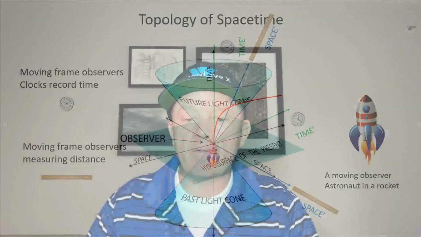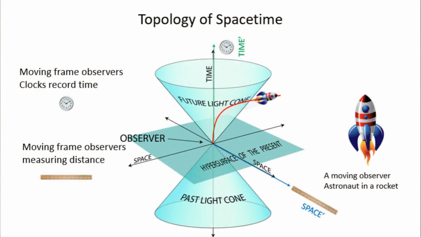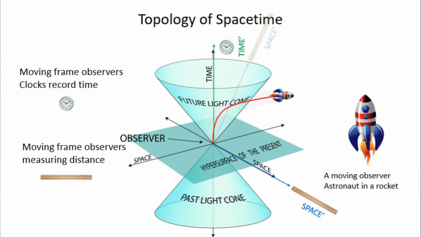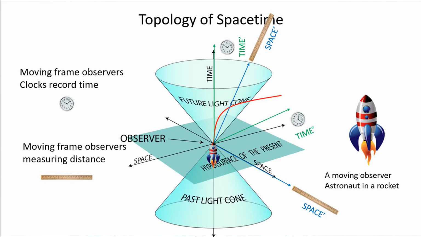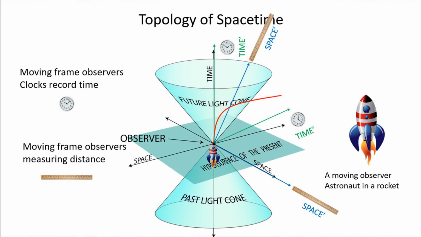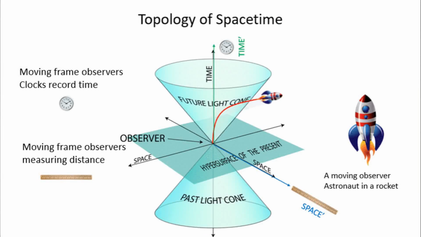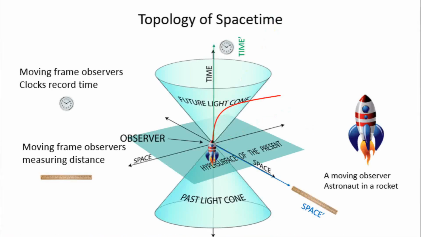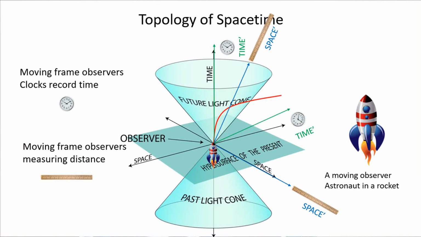So again, I have this little animation here. We have our time axis that goes vertical with our two spatial axes. And now there's a red line here, and we're going to assume that we have a spacecraft capable of traveling and exceeding the speed of light. Remember that the astronaut on board this spacecraft is carrying a clock with him. So the question is, how do we draw a time axis for this rocket ship once it has exceeded the